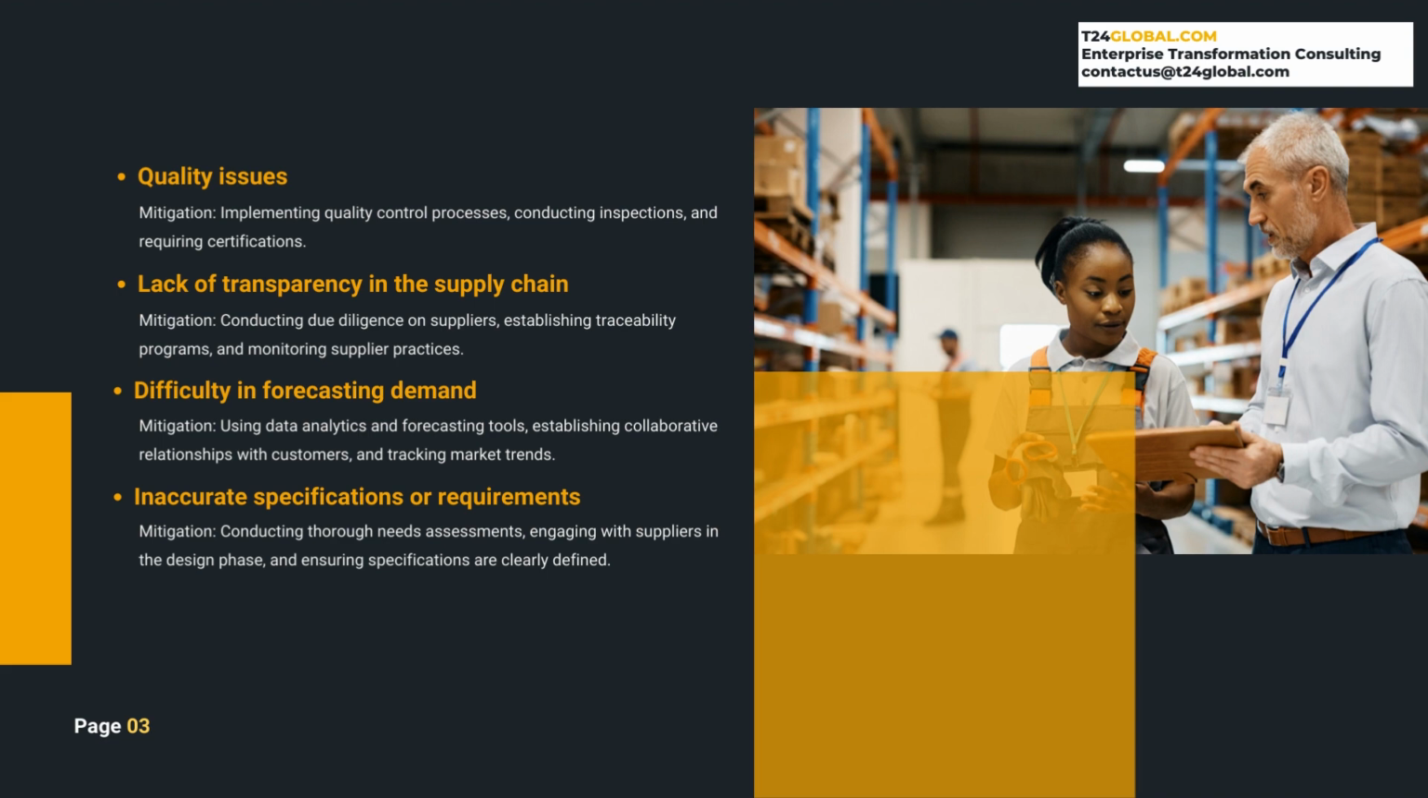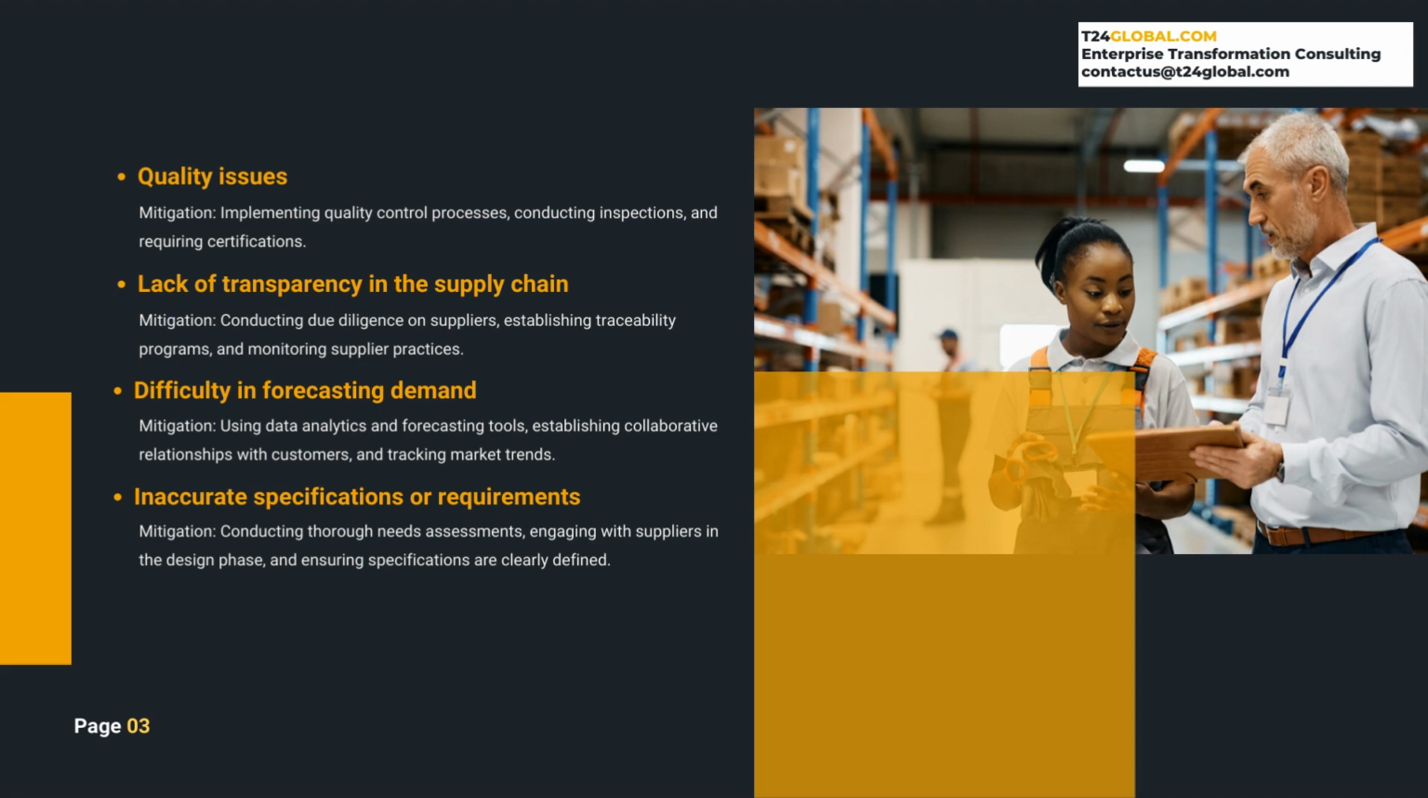The key persona involved in this process would be the supply chain analyst, who would be responsible for analyzing supply chain risks. Companies can use supply chain visibility software, such as SAP Ariba or Resilinc, to manage supply chain risks and monitor supplier practices. 7. Difficulty in forecasting demand. Forecasting demand is important to ensure that the organization has adequate inventory levels to meet customer